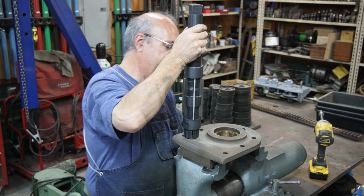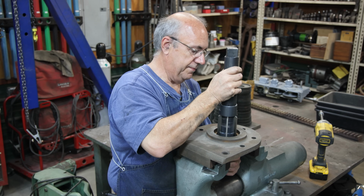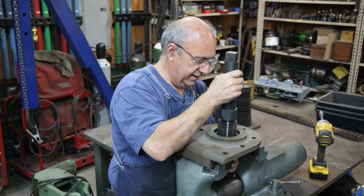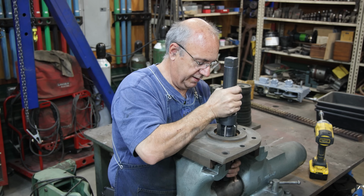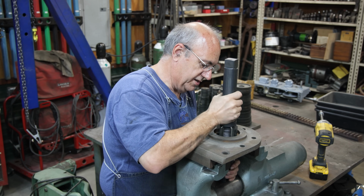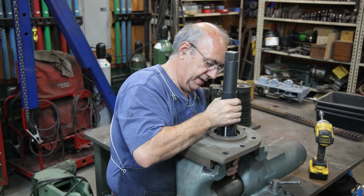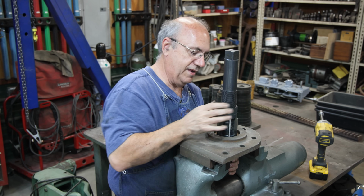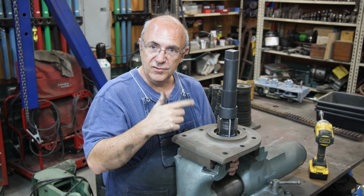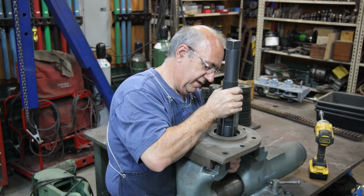So right now, I've got this where it will drop down in here, and when it does, I can literally spin it by hand, but it is taking a little bit of a bite there, not much. I saw a few shavings come out, but I'm going to go ahead and take it out, and we're going to expand it out. Probably going to turn it about 1/10 of a turn, and then we'll come back and do this, and we'll just go back and forth until we get it where it needs to be. So let me get this out of here,